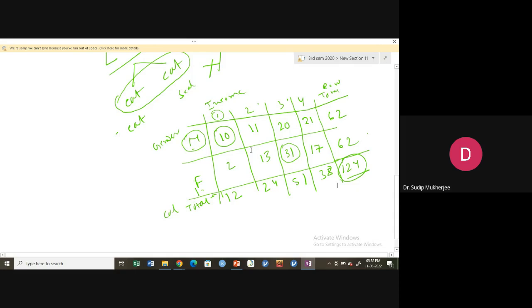What is the rule? The rule is that in each cell, this is one cell, the observation must be more than one. And number two, if the observation is less than 5 in any cell, you can also do the chi-square test. But the thing is, the majority, that is 80% of the total cells, must have more than 5 observations. So the minimum observation is 1. If any one of the cells has 0 observations, suppose if we make this 0,